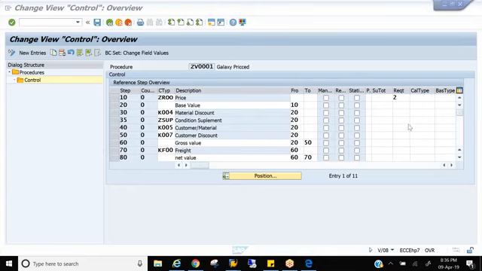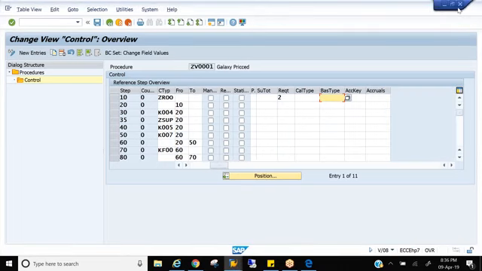I'll tell you in one line what happens with the formula. As you know, every company has its own way of calculation. Even though SAP has provided this much functionality, every company has its own way of calculating price, discount, surcharge, tax, credit.